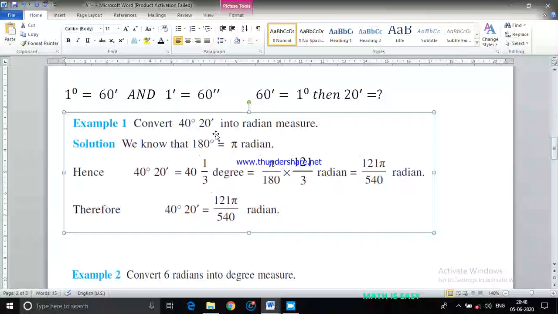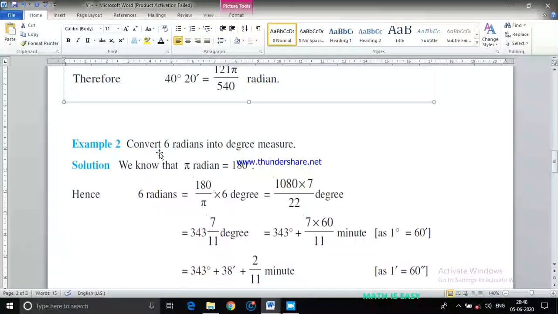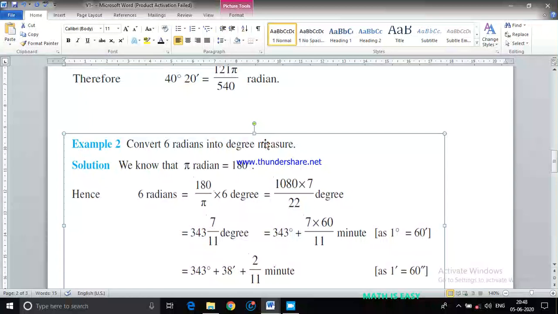Now here degrees and minutes you convert into radians. Next question is you have to convert radians into degrees. Convert 6 radians into degree measure. I know pi radians equals 180 degrees. Then 6 radians equals how much? Like, 1 pen costs 5 rupees. What is the cost of 6 pens? Then 5 into 6. Like pi radians equals 180 degrees. Then if you want 6 radians, can you understand here? If I multiply with 6 here,